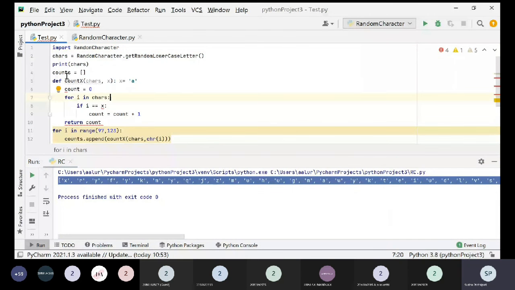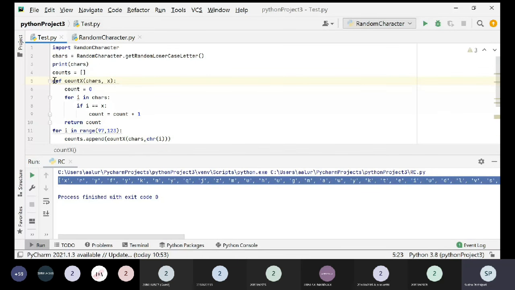Then I have taken counts, which will be a list holding the count of each and every letter in sequence, in alphabetical order. So it will be holding 26 elements. Each letter will show the number of occurrences of that letter. In the next step, I have written one function over here, which is count x. I can also do it in the for loop, but I don't want to make the code congested.